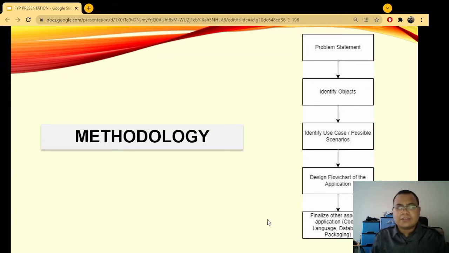Next, we identify the potential use cases that could happen and design the software behavior with respect to each case. Afterwards, we develop the flowchart of the software from start to finish, and finally, finalize all the other aspects of the software, like picking the coding language, the database, and packaging the application.